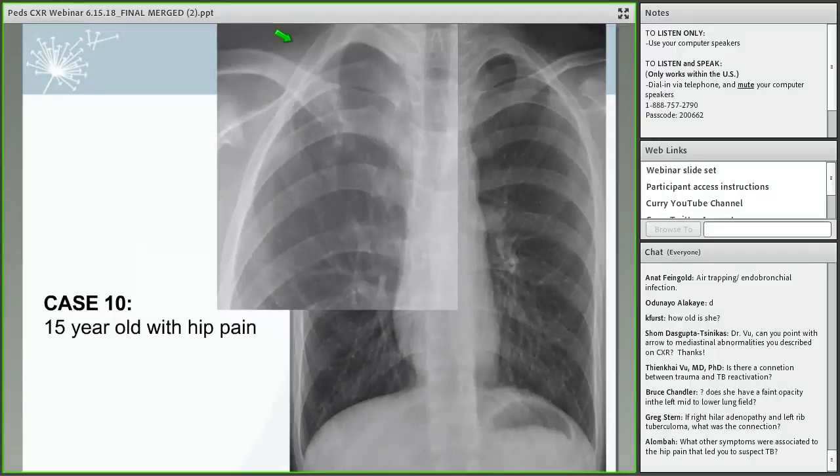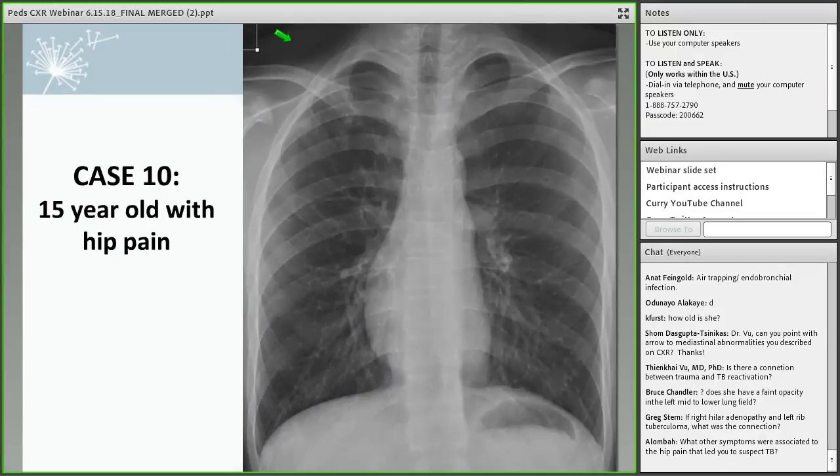Dr. Vu, can you take a look and interpret these images? Absolutely, Ann. Okay, so on the frontal chest radiograph, the thing that strikes me is the heart silhouette is a little funny. I'm not sure if the patient's true cardiac apex is on the right, or if it's right-sided cardiac enlargement and this is more normal on the left. In any case, the hilar region looks fairly good. The vessels taper normally, as well as branch normally, so there's no evidence of consolidation or atelectasis in the